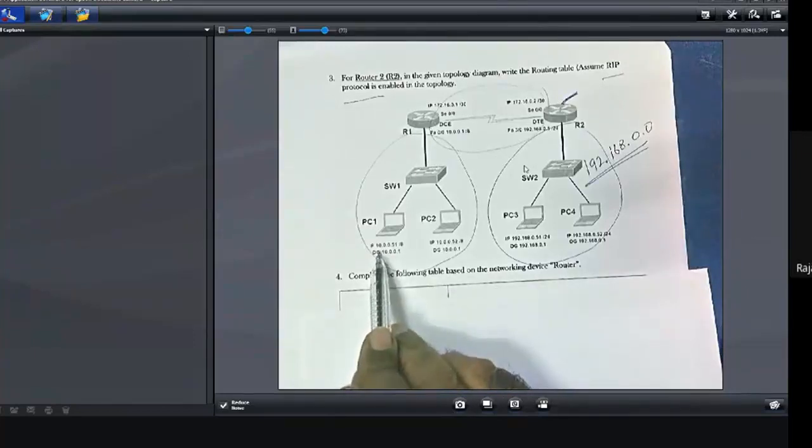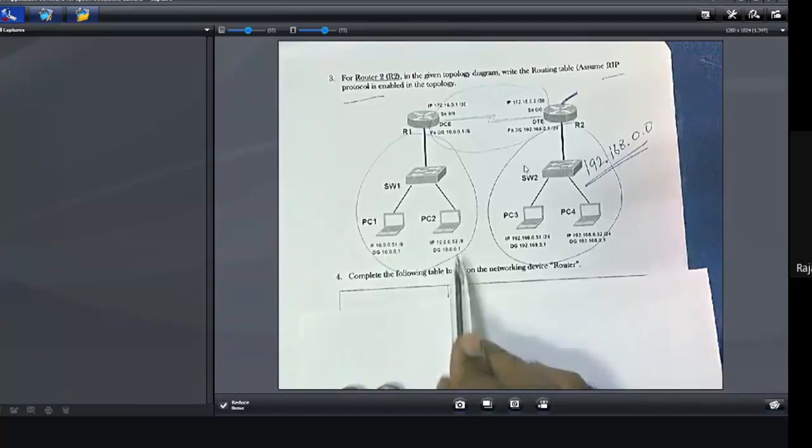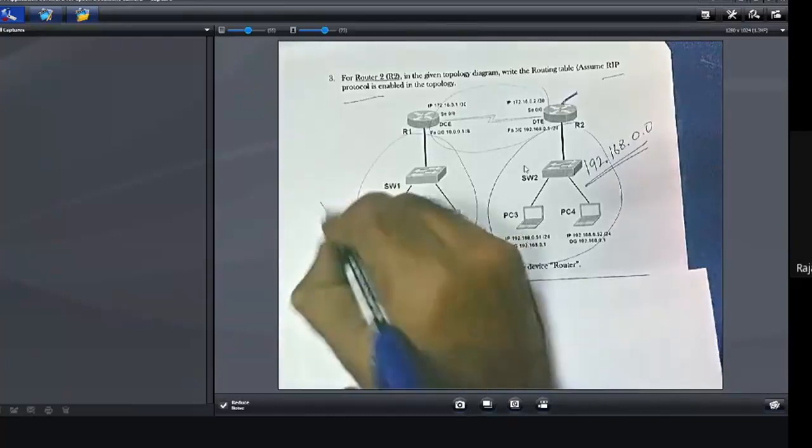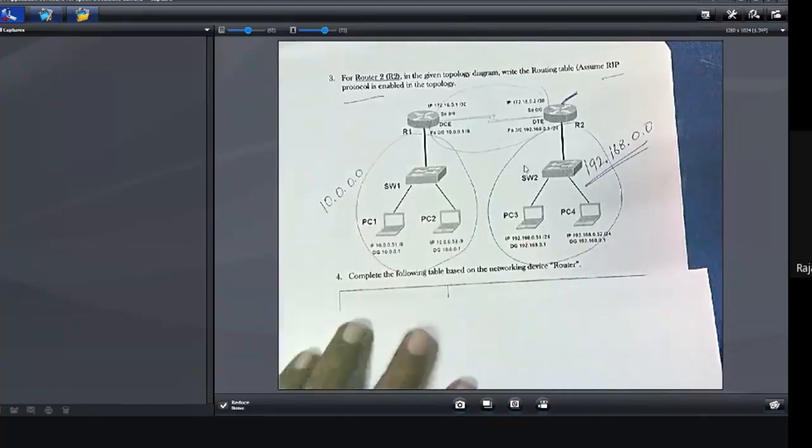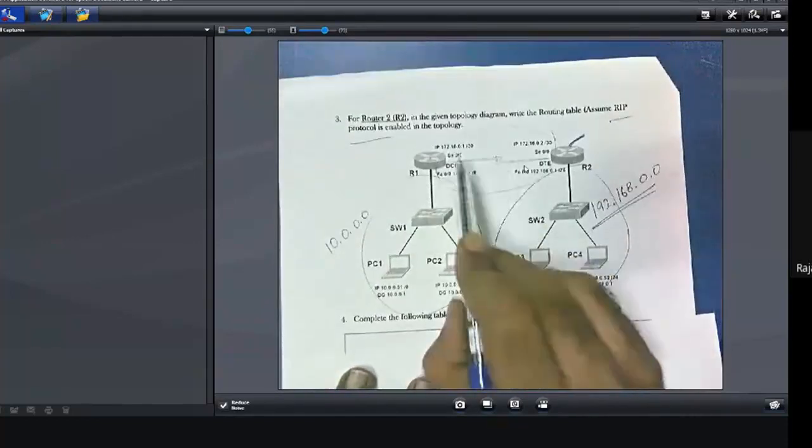This is 10.0.0.51, 52 they are using. So this network is the 10.0.0.0 network. Then what is this network? You see,